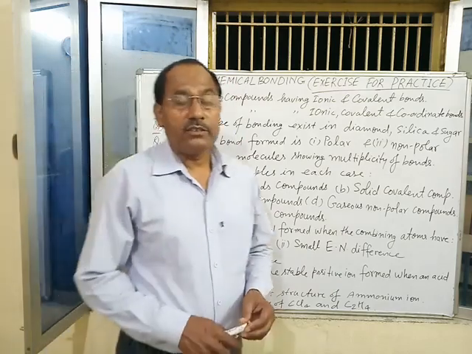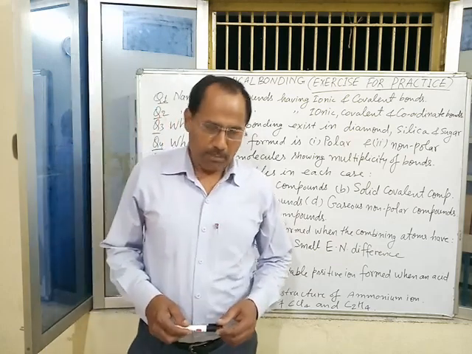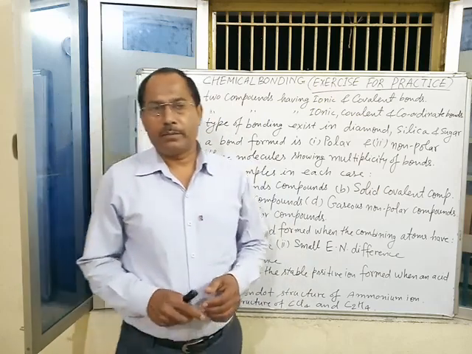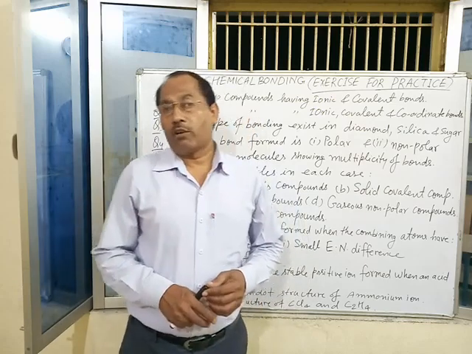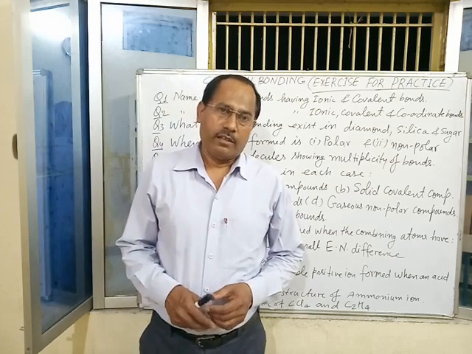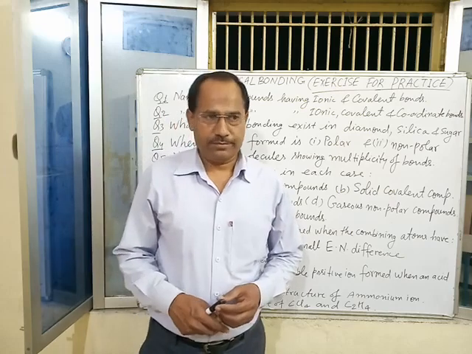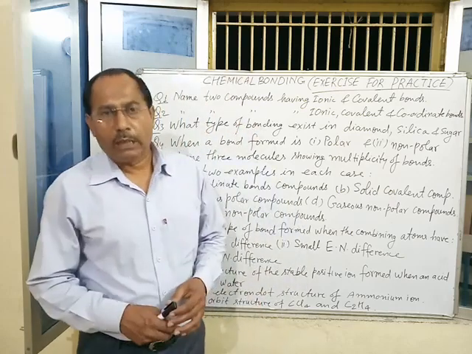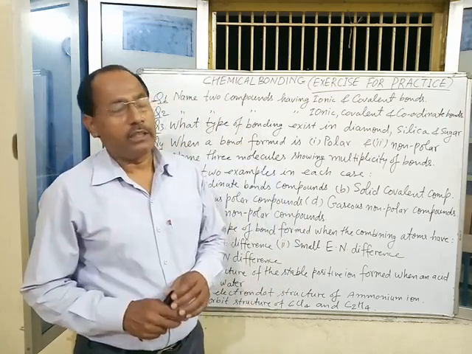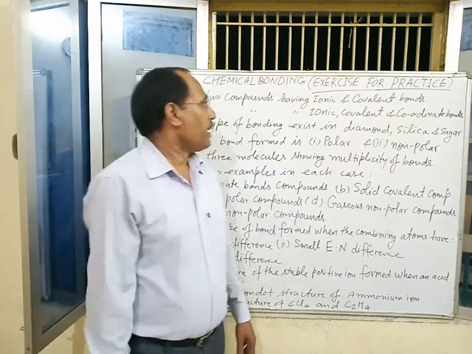there are three different types of chemical bonds: electrovalent bond, covalent bond, and coordinate bond. Electrovalent bonds are formed by the transfer of electrons between metal and non-metal. Covalent bonds are formed either by mutual sharing of electrons or by electron pair donation between same or different elements with low electronegativity values. Low electronegativity difference between the combined elements.